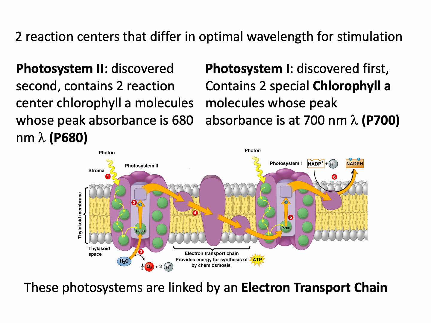Now, what links these two together is a series of integral proteins that are embedded in the membrane that are also enzymes that are also capable of doing redox. And together they form what's called the electron transport chain. And it's the electron transport chain that's going to create the ATP, the chemical energy, as the electrons move through them. And that ATP is what's going to power the rest of photosynthesis.